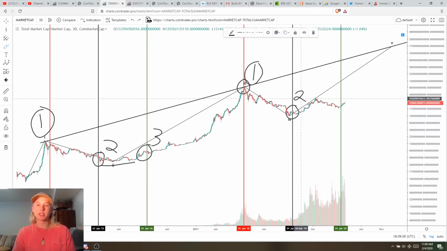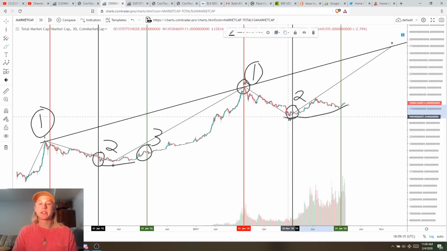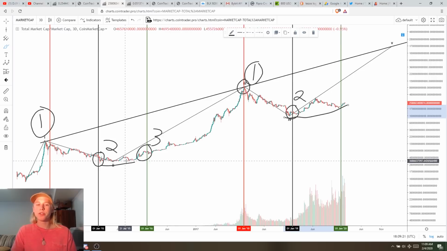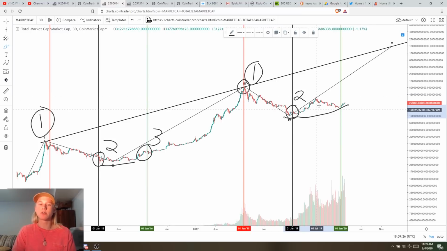And I'm actually going to delete this so it's easier to see. And phase 3 happened a little bit quicker this time around. Phase 3 didn't stay in accumulation as long, and phase 3 had an even bigger rise out of these lows that we saw back in December of 2019. Now, we remember that the 2 cycles are still the same though. We went through accumulation, and then we made our first higher high and breakout of this downtrend, which would have been the same as this entire move right here.